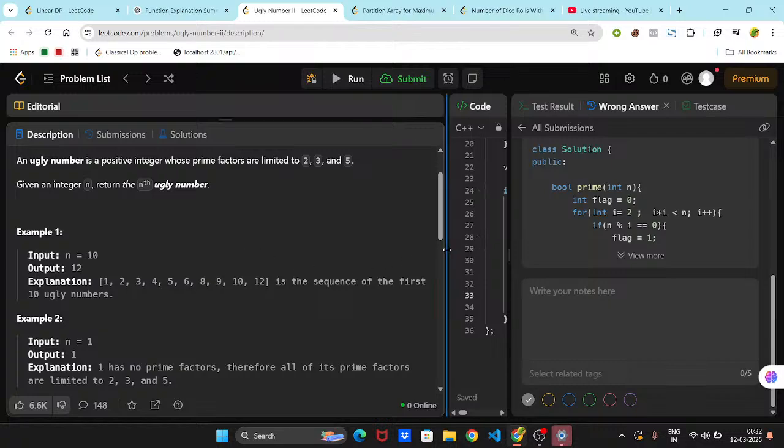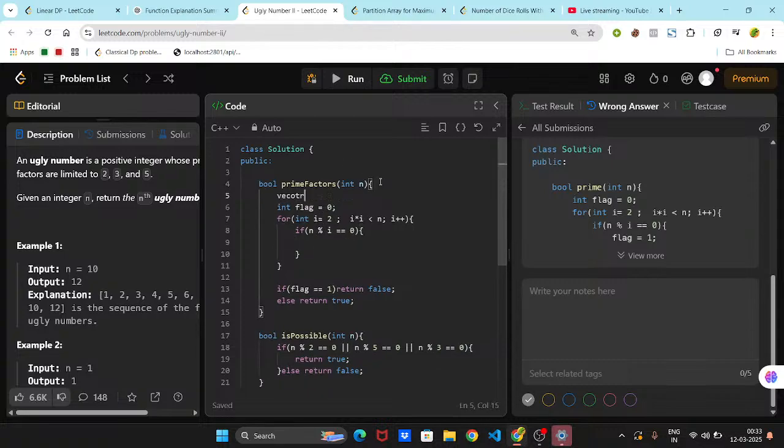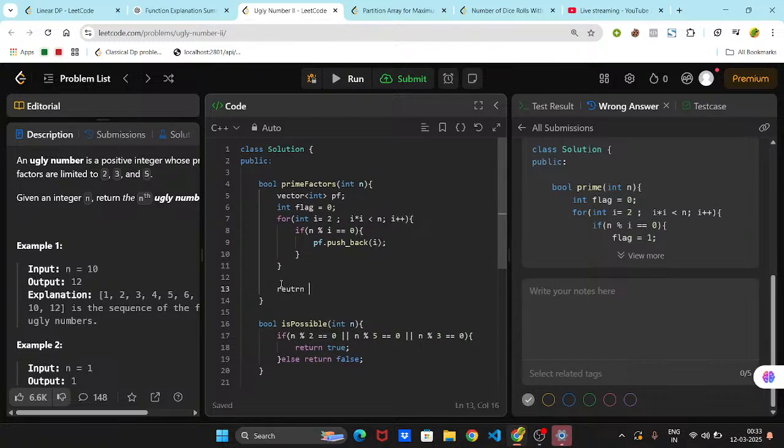तो मुझे फर्स्ट टास्क में हर नंबर के प्राइम फैक्टर्स फाइंड करने हैं। समझ गया। तो सबसे पहले मैं आता हूँ प्राइम फैक्टर्स फाइंड करने में, ठीक है। मैंने n पास करा। प्राइम फैक्टर्स क्या चीज़ होता है, नंबर उससे डिविजिबल हो, राइट। तो मैं 2 से उस नंबर तक के कैरेक्टर्स पे रन करूँगा, यानी कि if n % i == 0, तो यहाँ पे मैं vector<int> pf कर लेता हूँ, ठीक है। And I will do pf.push_back(i), पुश कर दूँगा। और लास्ट में मैं उस pf को रिटर्न कर दूँगा।